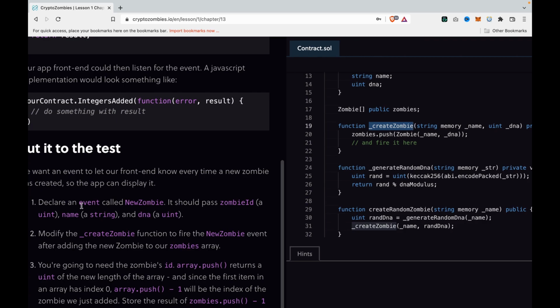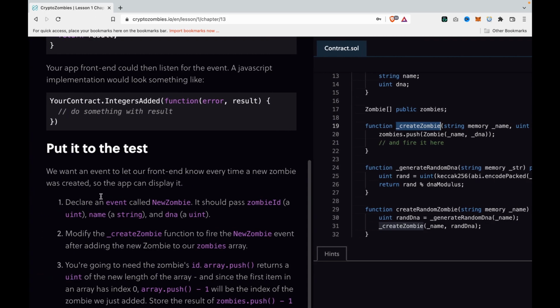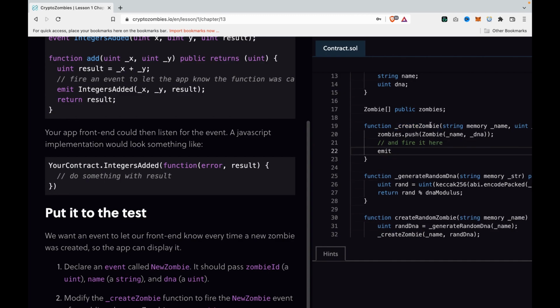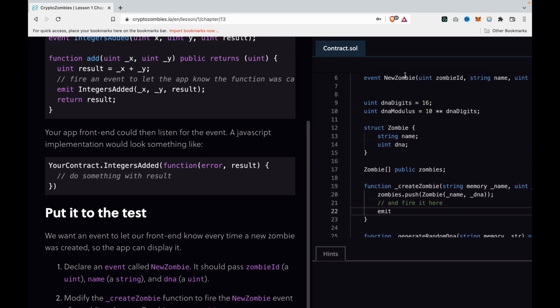Now after we already create an event, we have to modify the createZombie function, and then we are going to emit the event NewZombie after adding the new zombie to our zombies array. So now we copy this, we paste emit, and we copy the NewZombie,